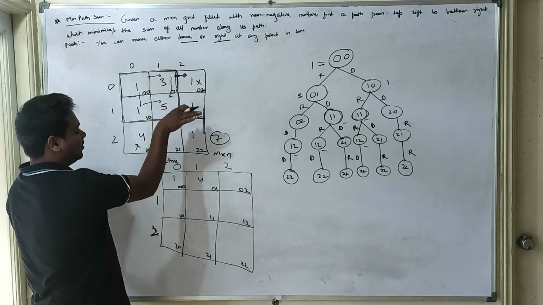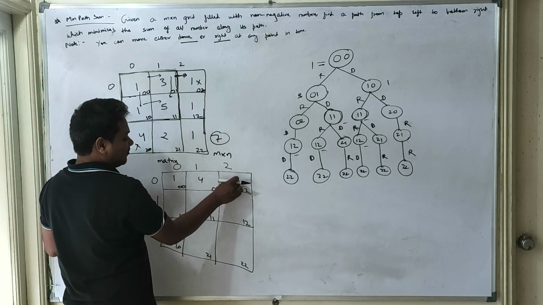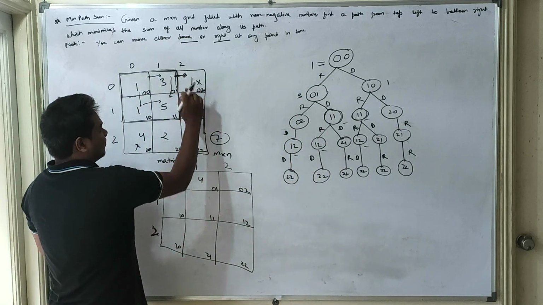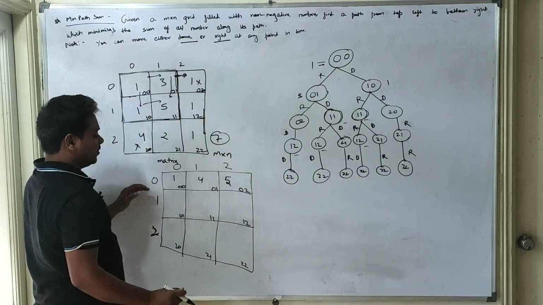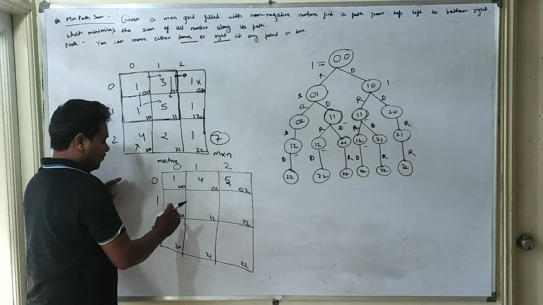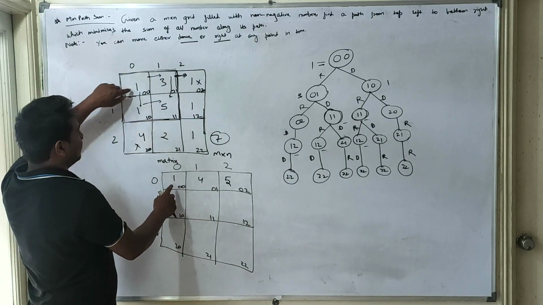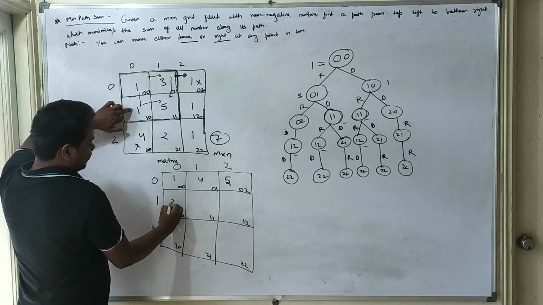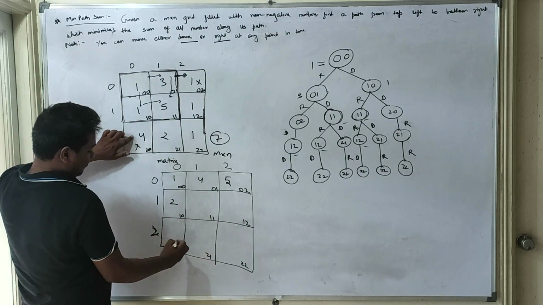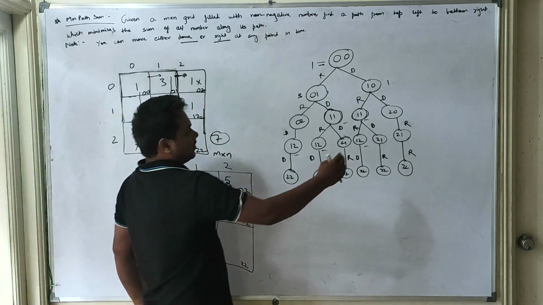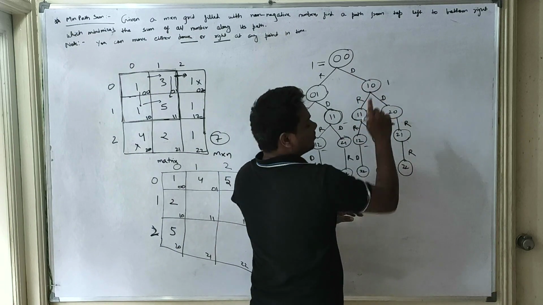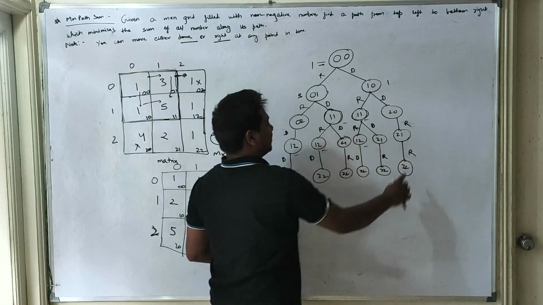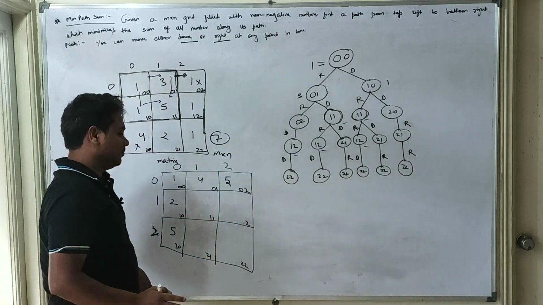So the only way we can move is right. Then from 4, if we have to go to 0 2, there is only one way. So 4 plus 1 would be 5 over here. Now we'll try to fill the row values over here. From 1, if we are moving to 1 0, then the value would be 2. Then from here to here it would be 5. Similarly, from 0 0 to 1 0 there is only one path if we are not considering other cells. From 0 0 to 2 0 there is only one path. So this is how it is.